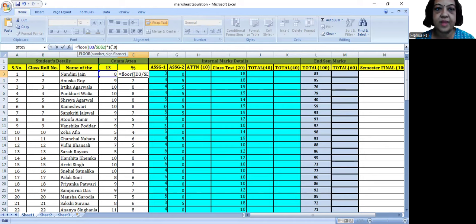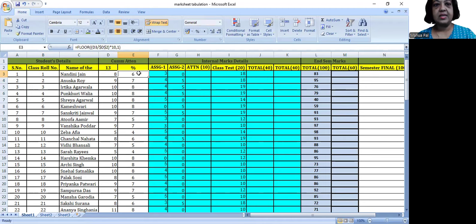So the number part is fine, which we are getting from this formula, but for the significance, here we have to mention 1 and enter. So this was 6.19, so it is 6, but after rounding up it became 7, but actually it was 6 point something. So if you truncate the decimal part, the second student's attendance will also be 6. So if you want to just truncate or cut out the decimal part, what you do, you click this cell and you write this formula, not with the round but the floor function, and then